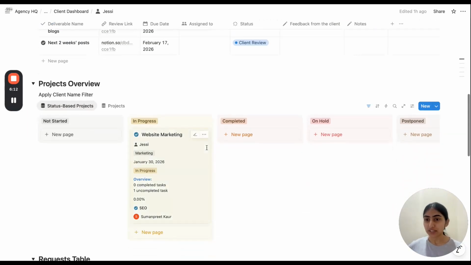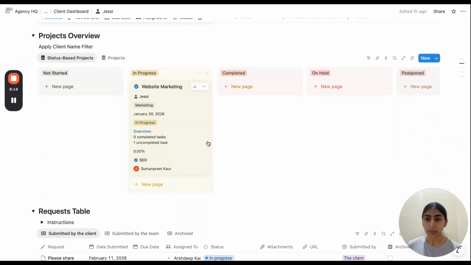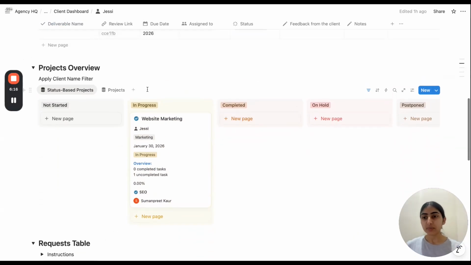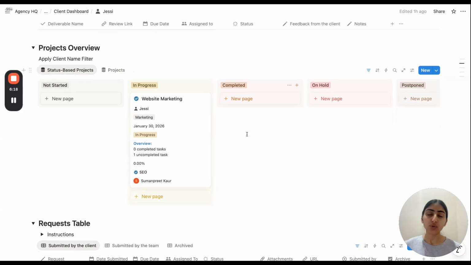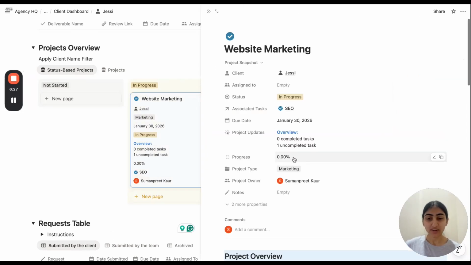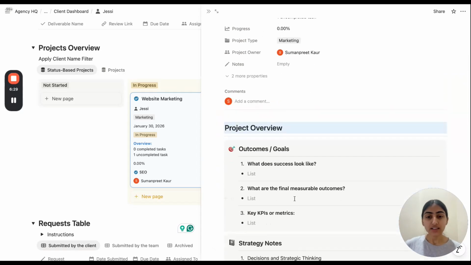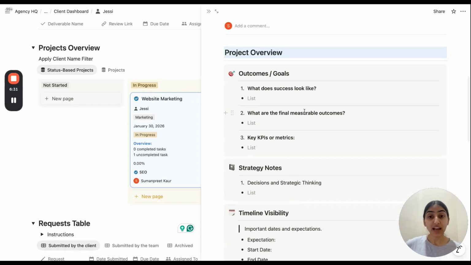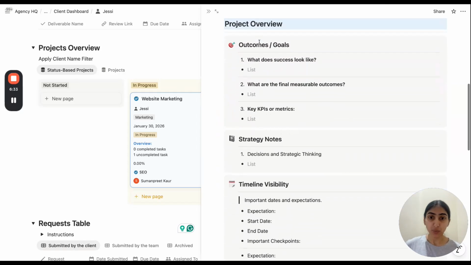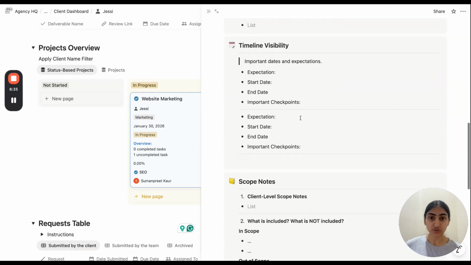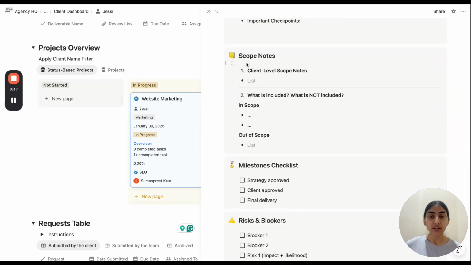And the next part is projects overview. So this place gives an update to you, to your team, and to yourself on the overall project details and progress. For example, we have one example here. This gives your client all of the details that they need to know about the project: the goals, the strategy notes, the timeline visibility, the scope.